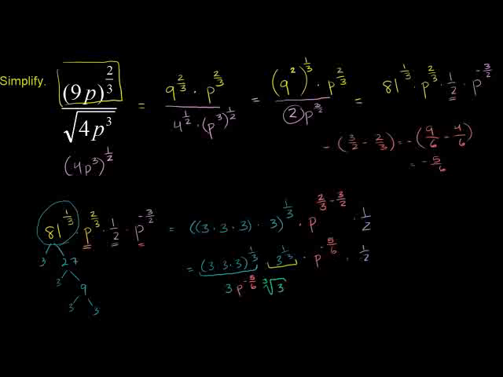Or we could say all of that multiplied times 1/2, or you could just divide it by 2. And we've simplified it about as far as you can go. You could view it as 3/2, which is 1.5, times p to the negative 5/6 times the cube root of 3. If you wanted to, you could calculate the cube root of 3, multiply that times 1/2, give you some decimal number, times p to the negative 5/6. And that's about as simplified as this thing can get.